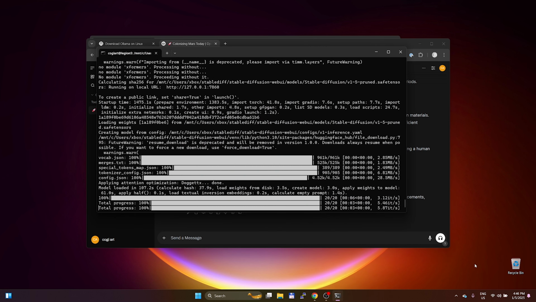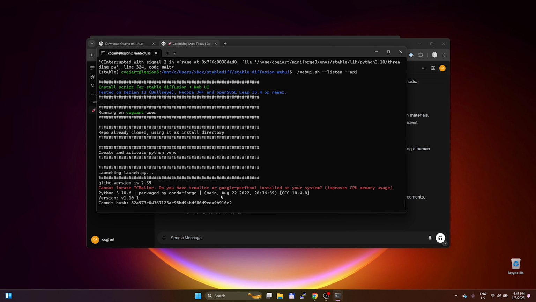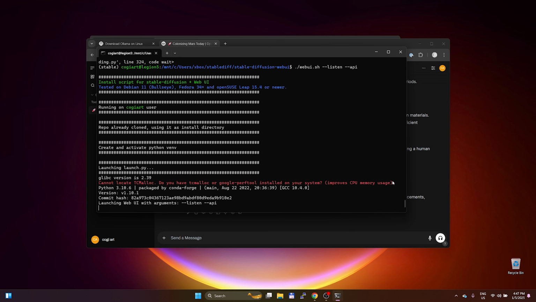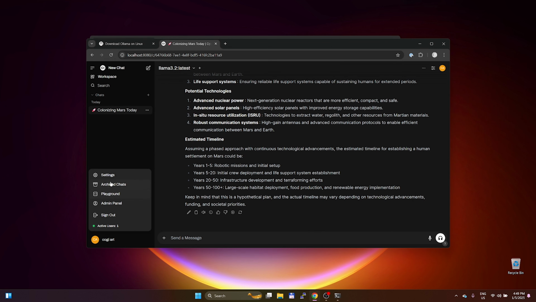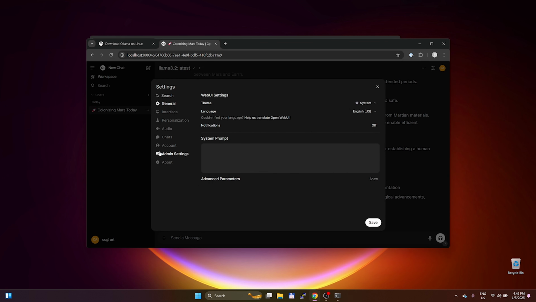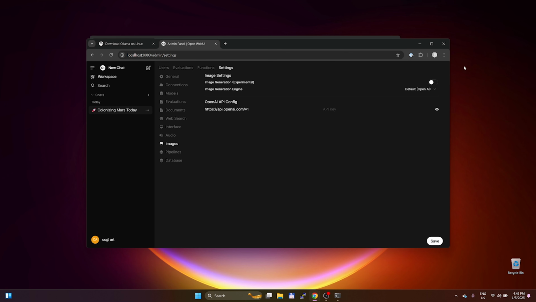So we will open the stable diffusion terminal, Control C, and now we stopped it. Now we run this same command, but with --listen and --api. We need this API for the Open WebUI. Enter, and now we wait. Now it should be listening, so we open the settings, admin settings, and then images.